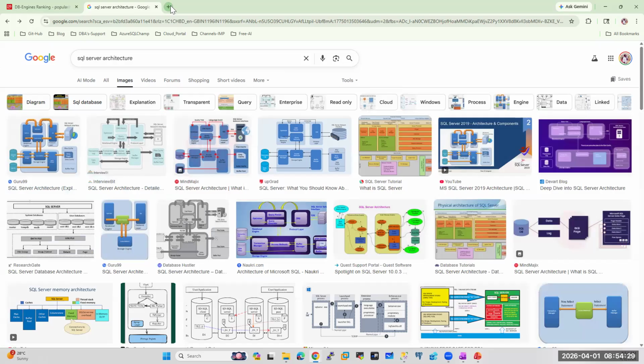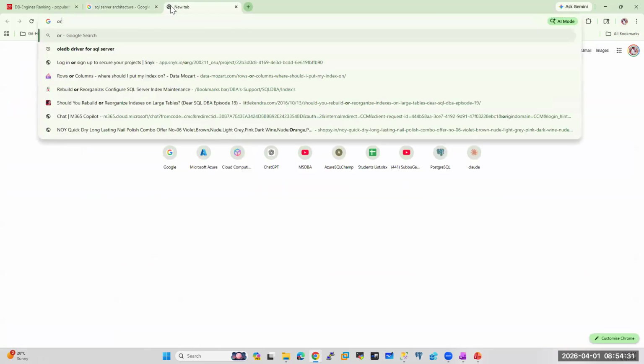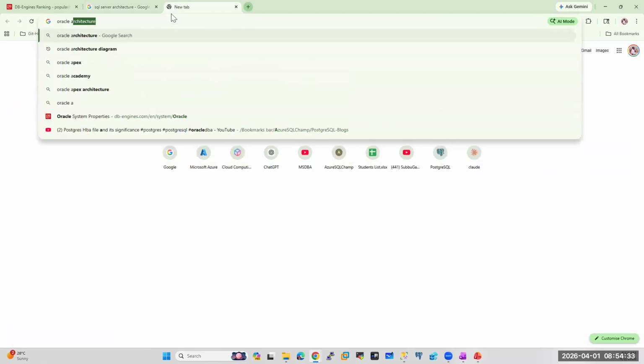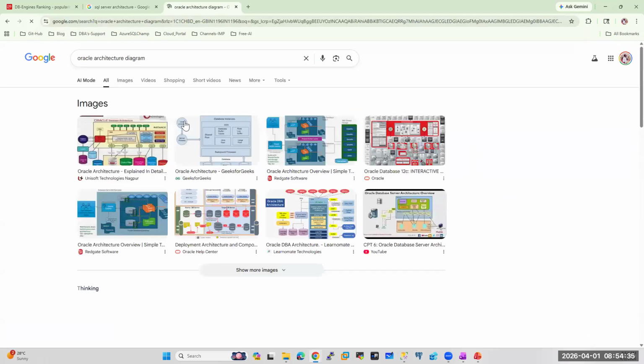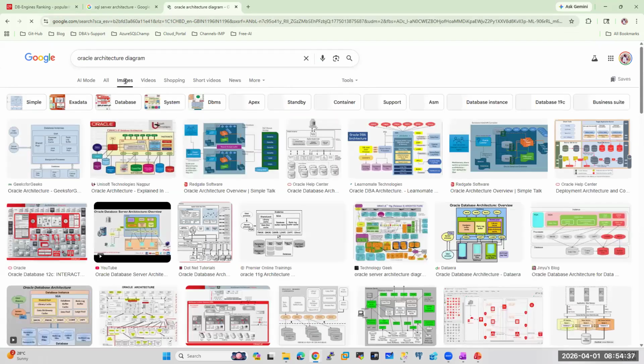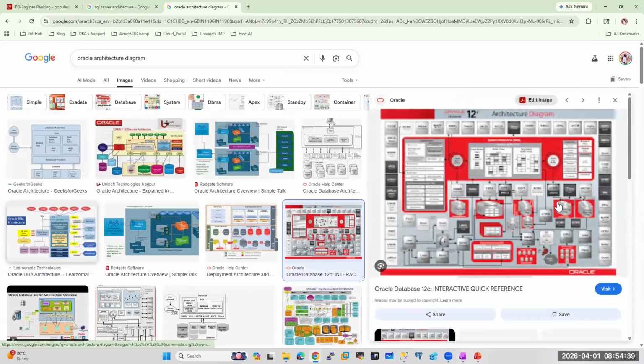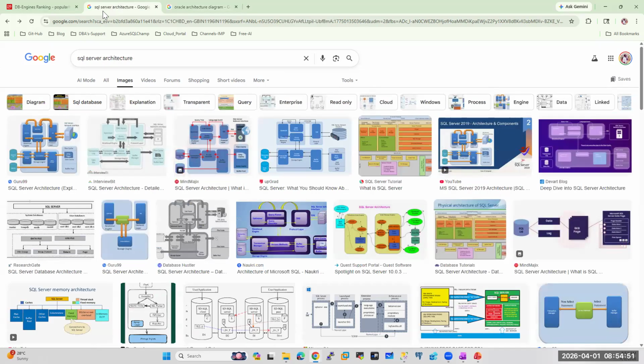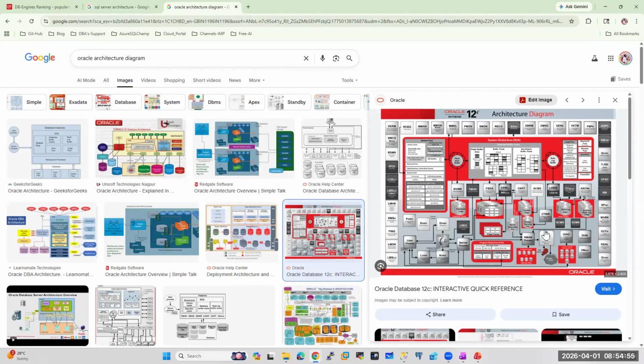But when you search for Oracle architecture diagram, you will definitely love it, because see how they designed the architecture and documented each and every minute thing well. Whatever you see in this diagram, we are able to do the same thing here also.